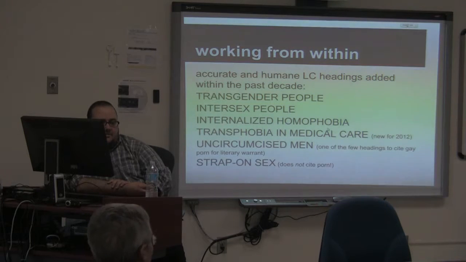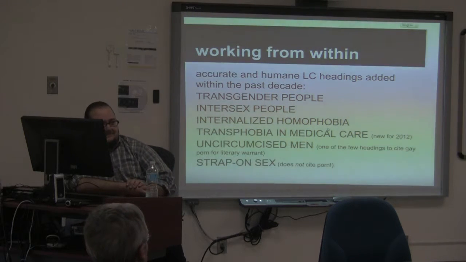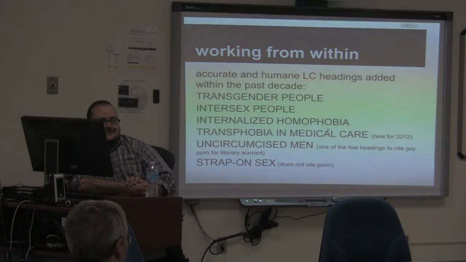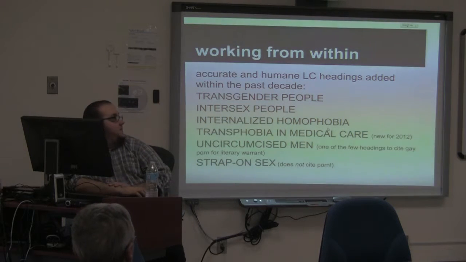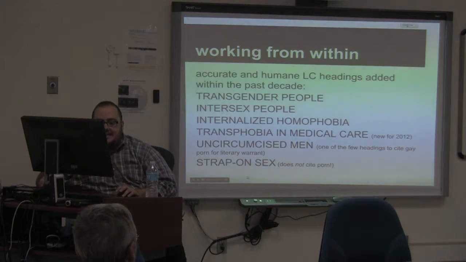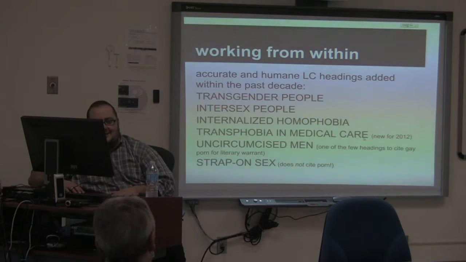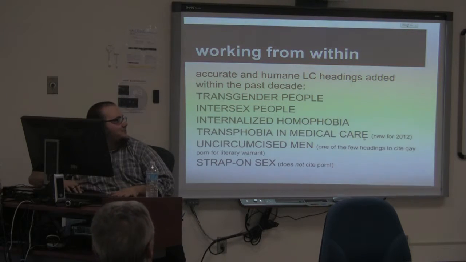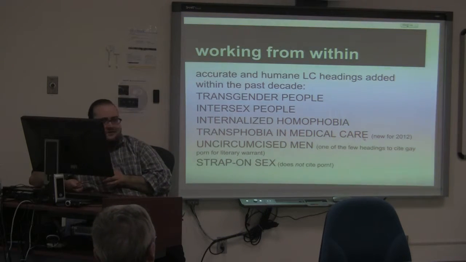For a number of years, the Leather Archives and Museum in Chicago had sort of guerrilla catalogers. I mean, they're mostly librarians who had real day jobs as catalogers who would also dabble in the Leather Archives and Museum collection at the same time. And they would propose lots of subject headings, like they're the ones responsible for strap-on sex. Interestingly, uncircumcised men did not come out of the Leather Archives cataloging mafia. It came out of Northwestern University. Feel free to wonder why it came out of Northwestern University.